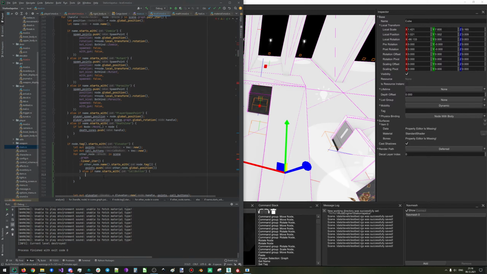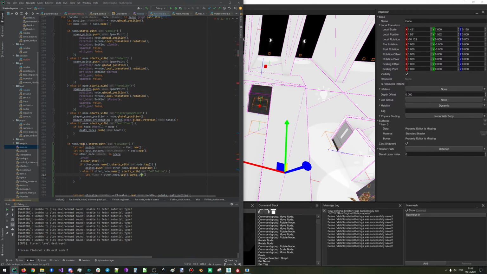Another node. So in here we want to extract the tag and convert it to the numeric value, the integer, and let floor be equals to other node tag